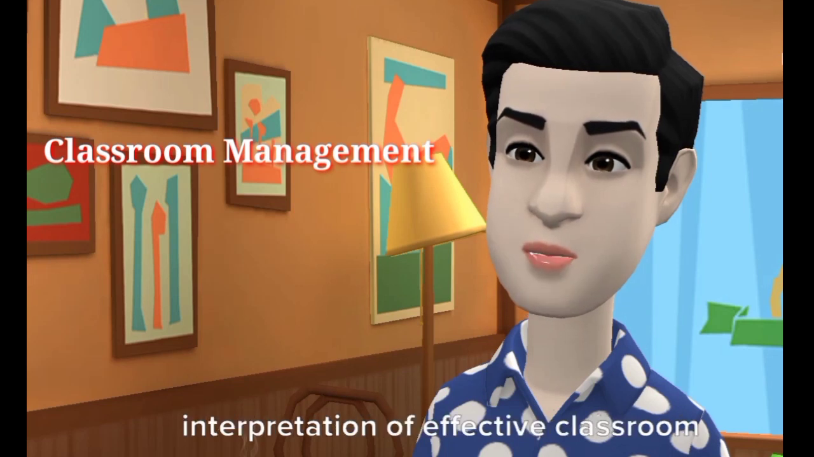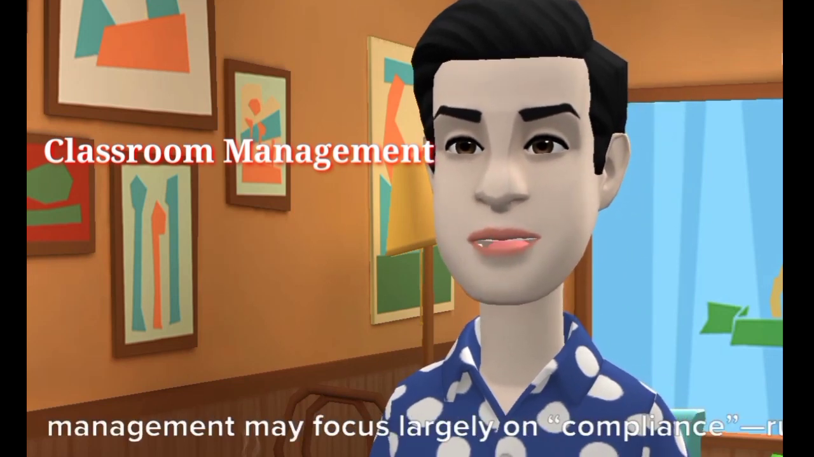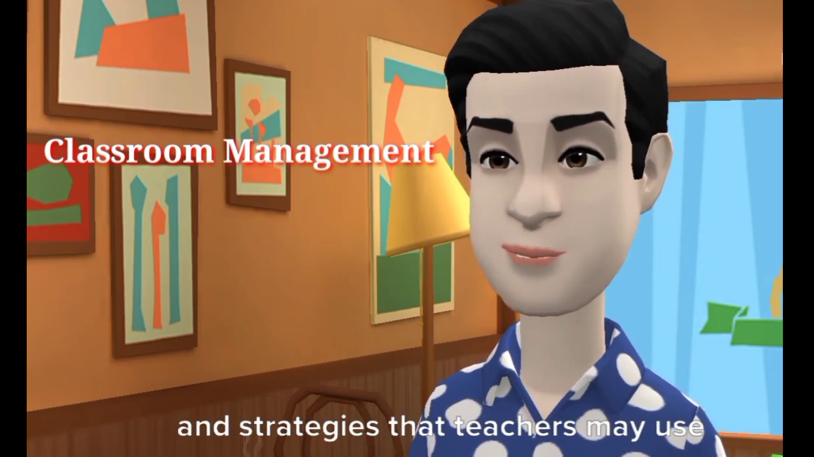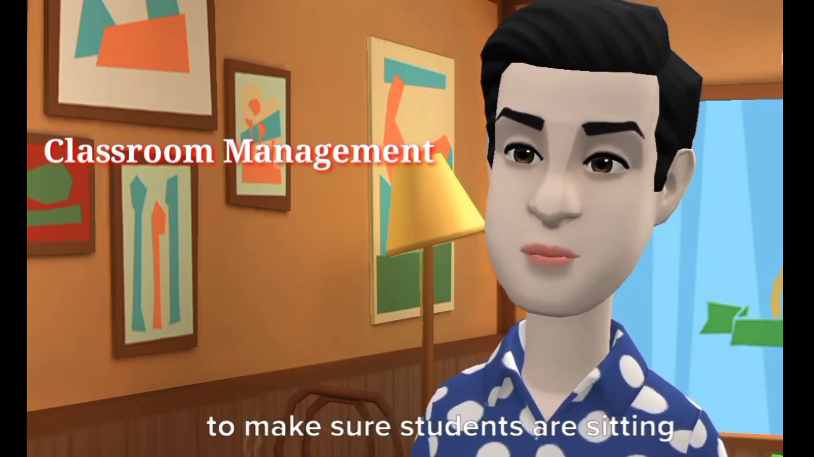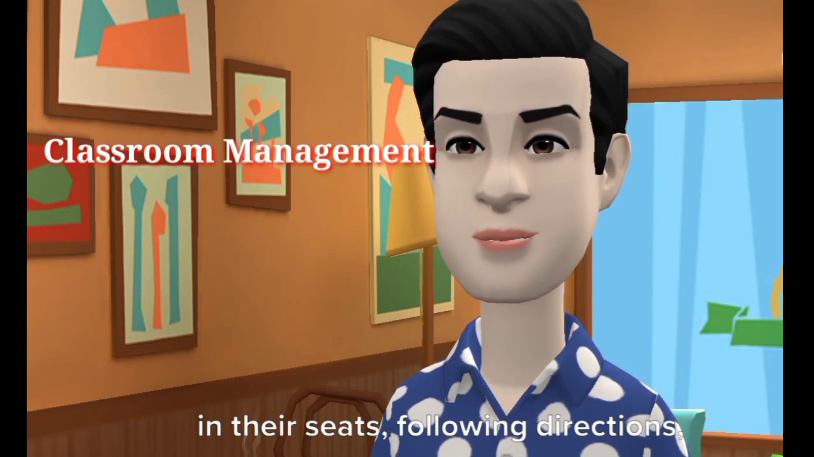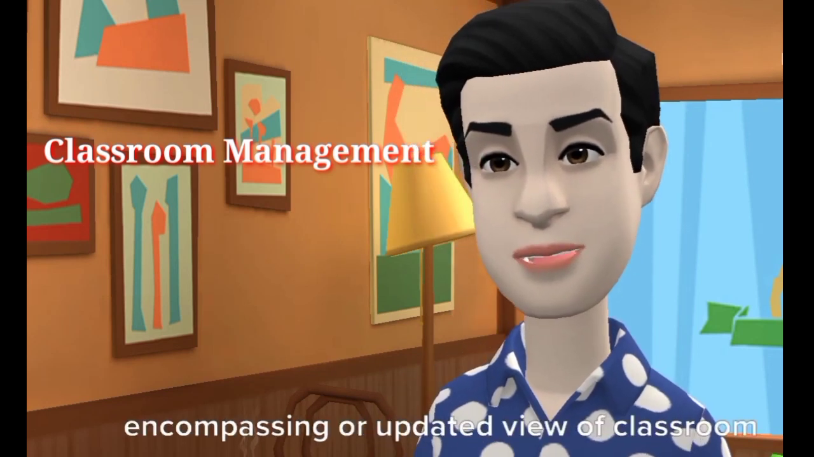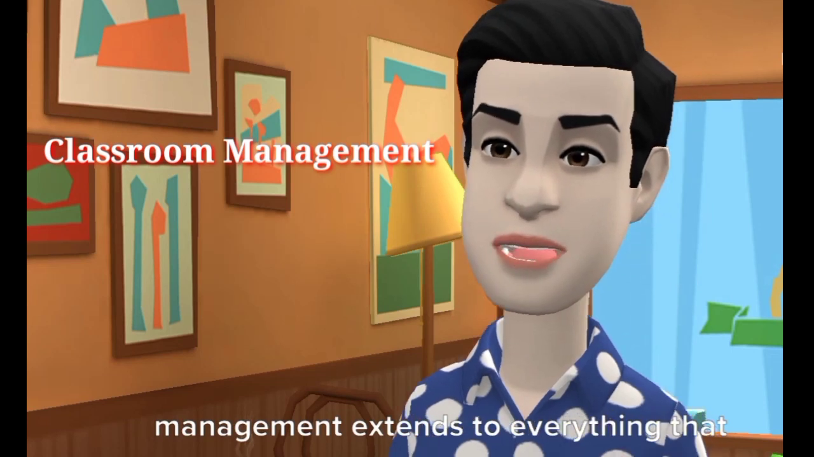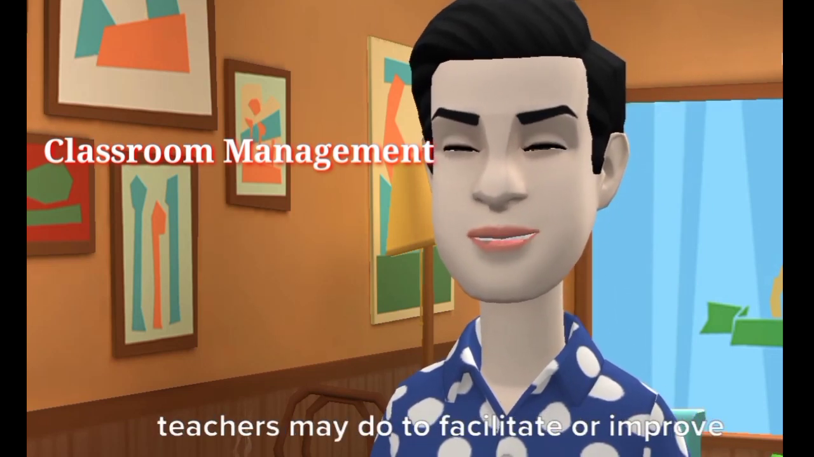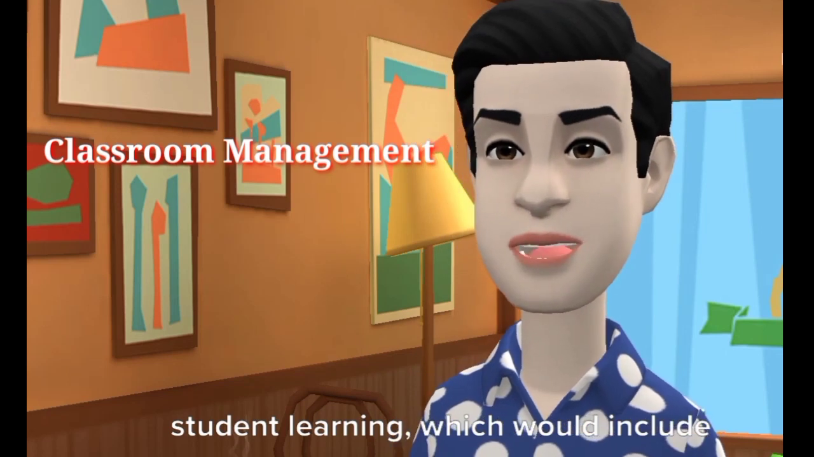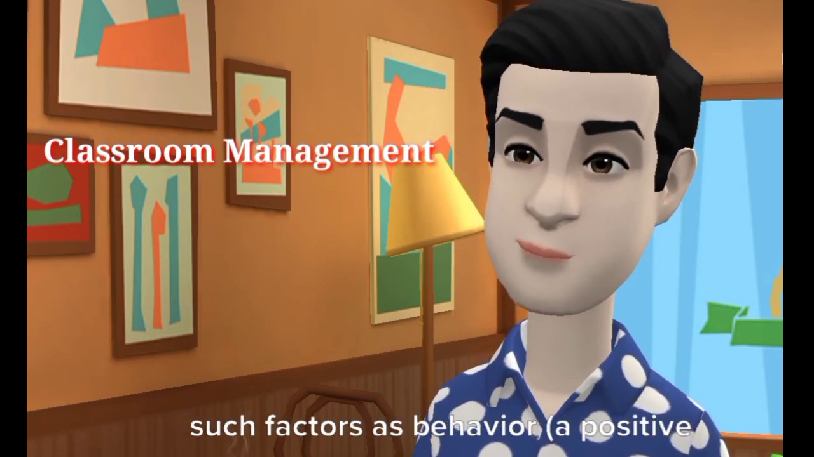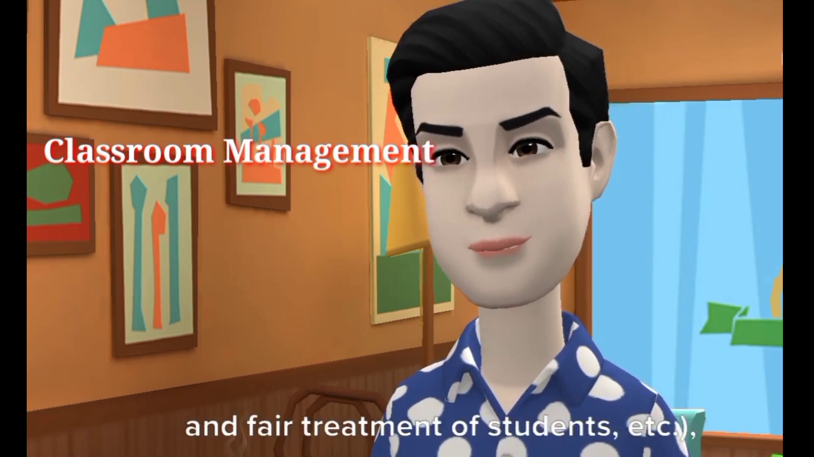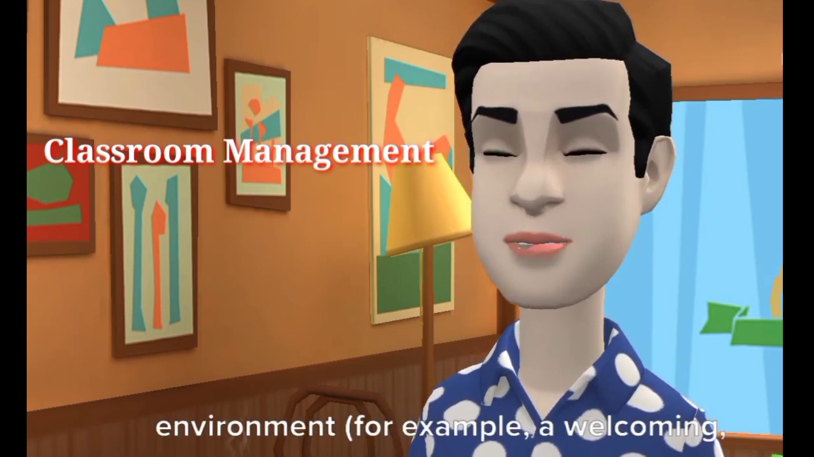While a limited or more traditional interpretation of effective classroom management may focus largely on compliance, rules and strategies that teachers may use to make sure students are sitting in their seats, following directions, listening attentively, etc., a more encompassing or updated view of classroom management extends to everything that teachers may do to facilitate or improve student learning, which would include such factors as behavior, a positive attitude, happy facial expressions, encouraging statements, the respectful and fair treatment of